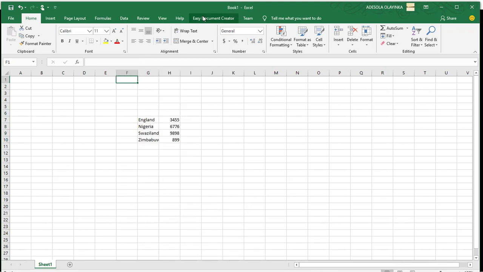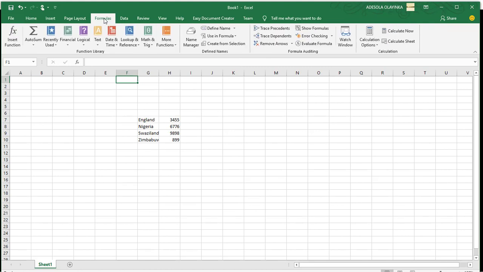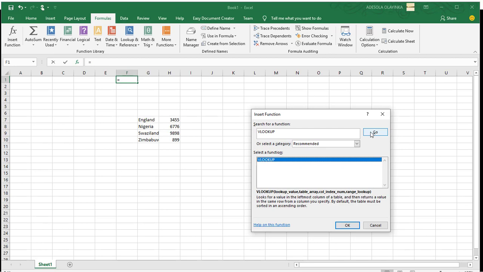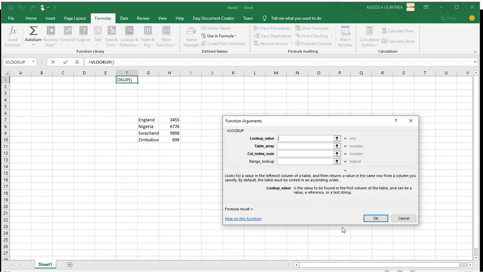If I come to formulas and to insert function, it brings out this dialog box. Then I'm looking for VLOOKUP. It's not here, but if I search for this function, this is VLOOKUP. When I click OK, what am I looking for?